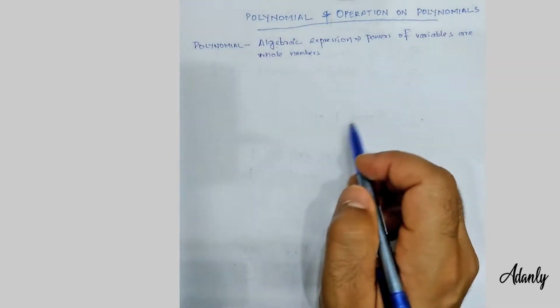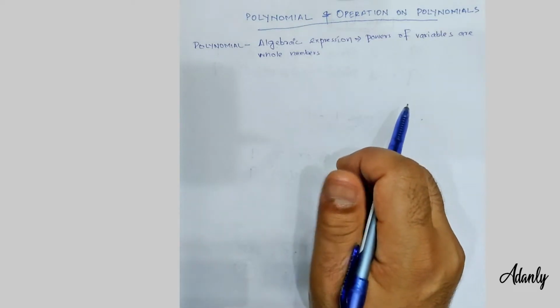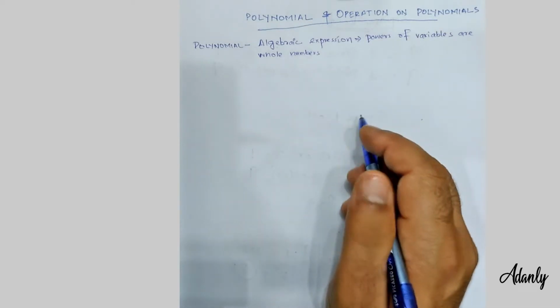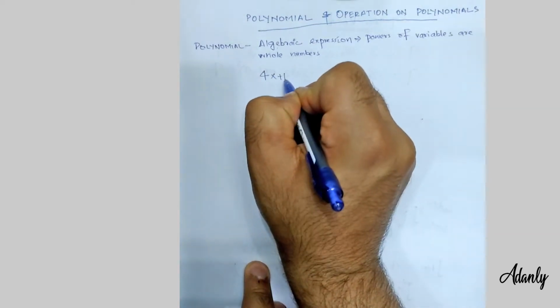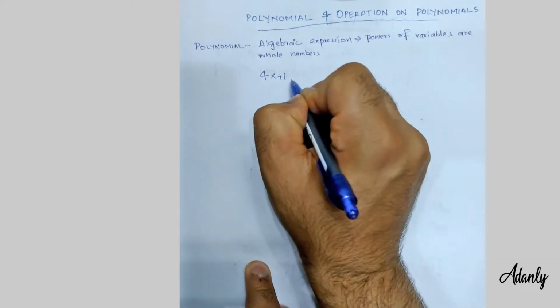In today's lesson, you will learn about polynomials and operations on polynomials. So, what is a polynomial? An algebraic expression in which the powers of the variables are whole numbers is called a polynomial. For example, 4x plus 1 is a polynomial, and